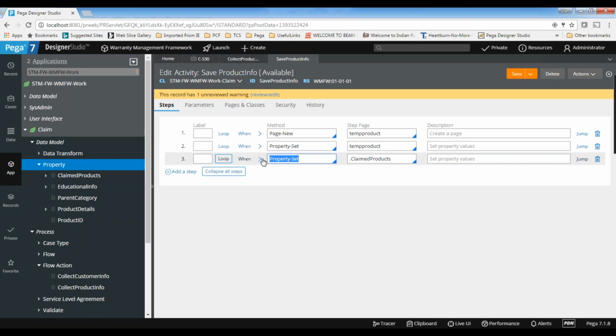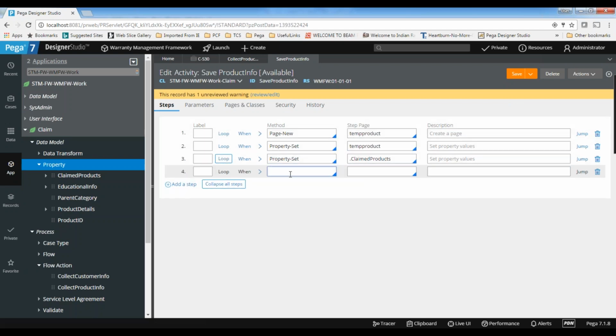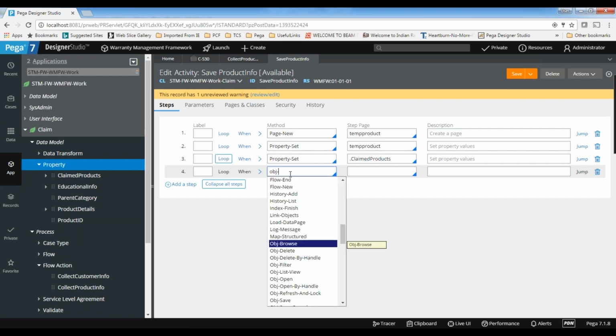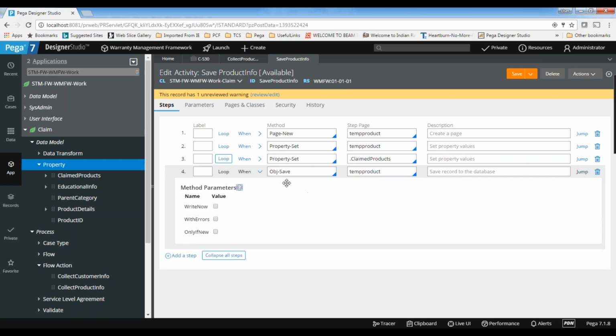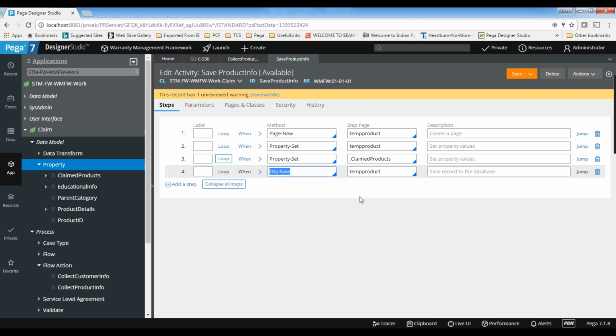And so far I've set all the values to the temporary product, my object. I need to save it. It's very simple, just Obj-Save. We know that for saving we need to use Obj-Save to persist the object. So just give the object name here. That's it. When you do Obj-Save, it won't commit to the database automatically, so you need to call the commit method, which you can use right now here. So immediately it will be persisted. Save it. That's it you need to do, and you need to call this.